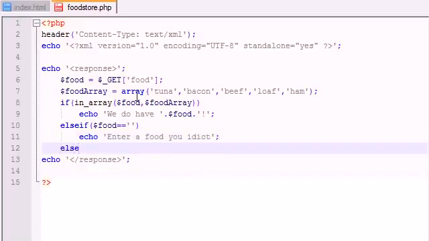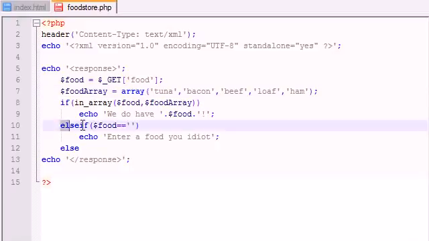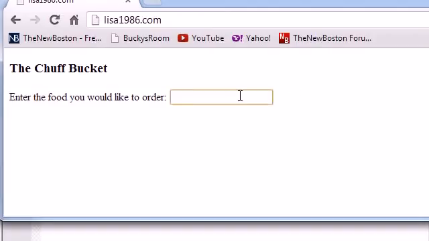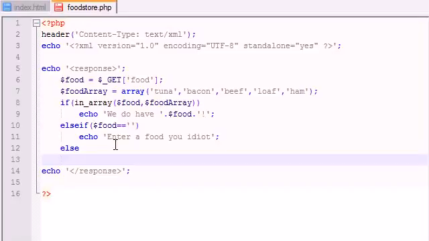All right, so else, if the food that they entered was not in our store, and it's something not equal to nothing, so for example, guava. Is that even a food? I don't know. But we aren't selling it. So if they enter something like guava, then this is what we want to echo. We'll just copy this one. Instead of saying we do have, we'll say, sorry, punk, we don't sell no guava or whatever it is. So now we can go ahead and save this,